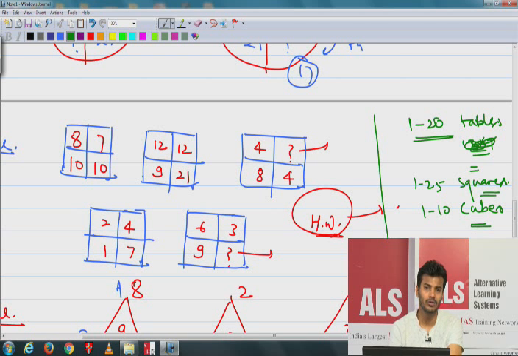This is really very important, and it is not just because I will ask in the question or in the class, but it will give you confidence to solve questions, apart from algebra where numbers are involved. That will really help you, whether you are multiplying or dividing or solving normal algebra. Anyways, you have to cover all this: 1 to 25 squares, 1 to 10 cubes, and 1 to 20 tables. All right, and apart from this,